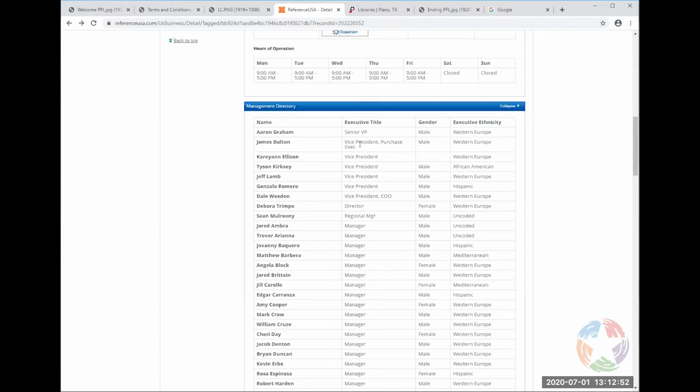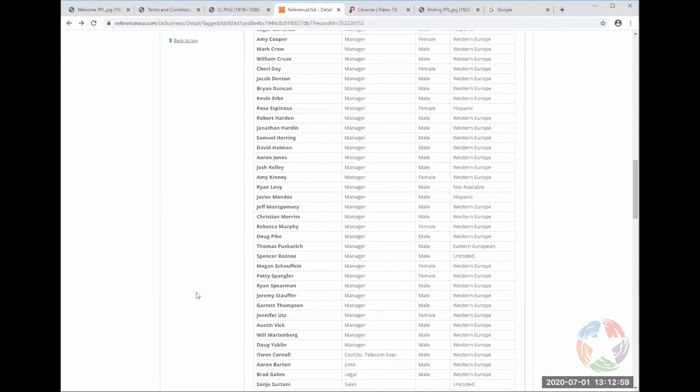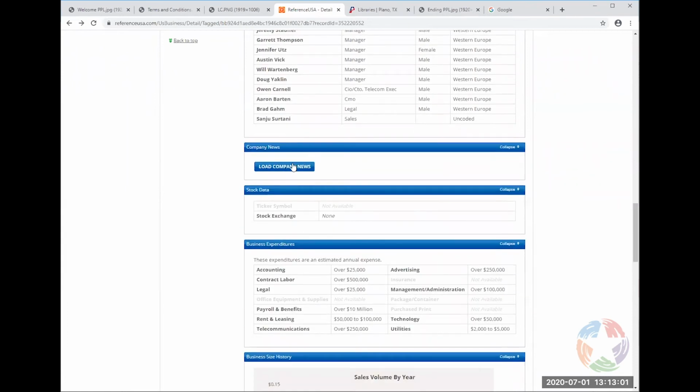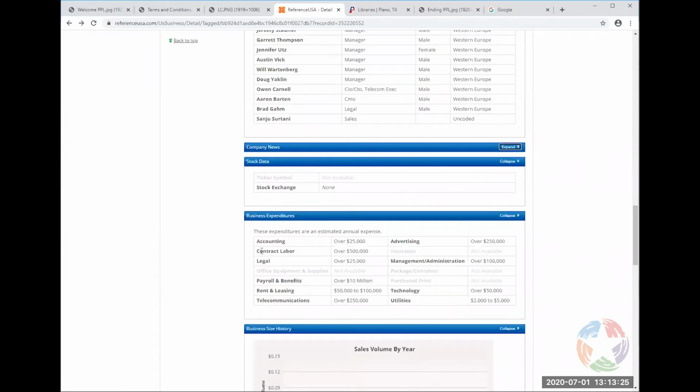They're going to tell you what their titles are and the names of people. So at least that gives you an in to the company. And then any company news. Now, if it's a bigger company, this is going to be company news all over. It's not necessarily going to be just your one location. So you're going to have to look and see if this actually applies, because this is from Indiana and Cleveland, and it may or may not apply to the company that you're targeting here.